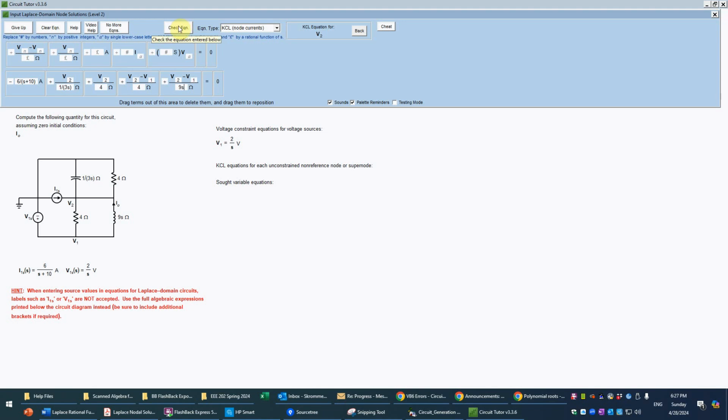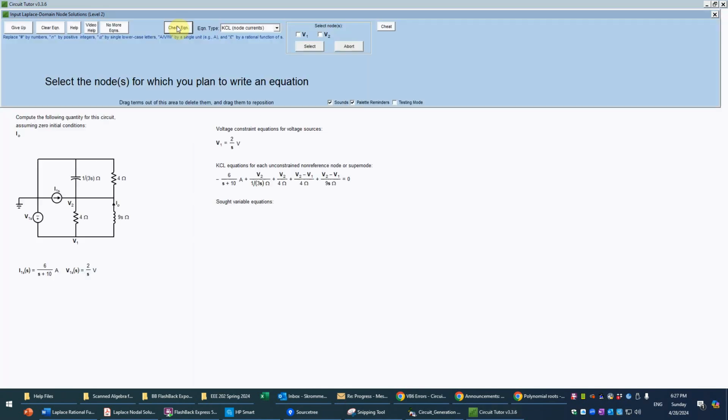So we'll check that one. Okay, and now we've done all the KCL equations. Of course, if you need to give up on a problem, you can always do that without penalty and get a new problem, and you can also access the video help that you're looking at now, or the help through the menu. Okay, so now we're going to select the remaining equation, which is the sought current equation, or sought branch current equation,